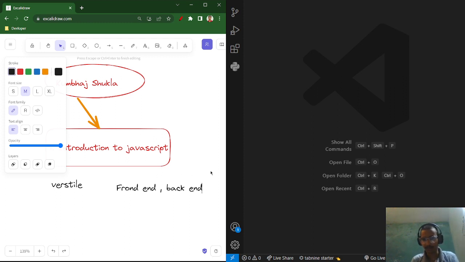So what is a front end and back end? Before discussing these terms, let's debunk the most common myth, Java and